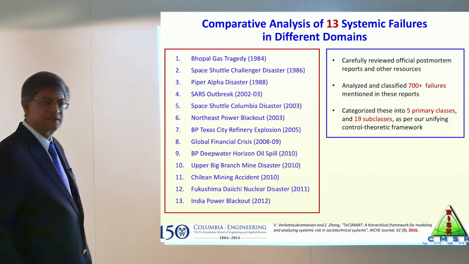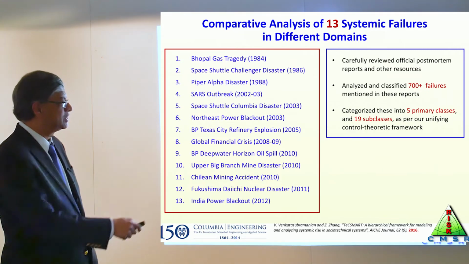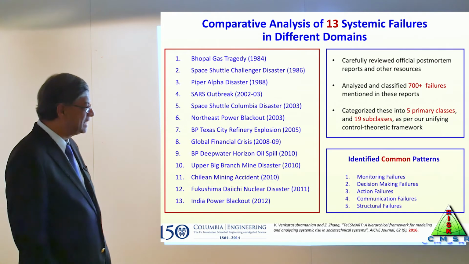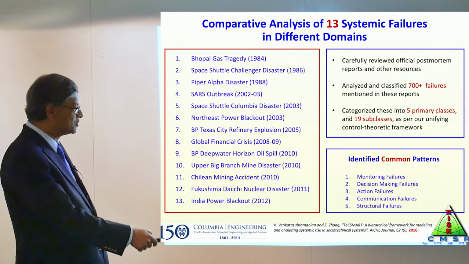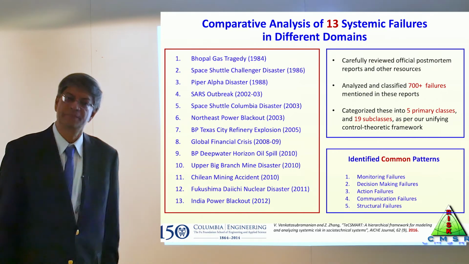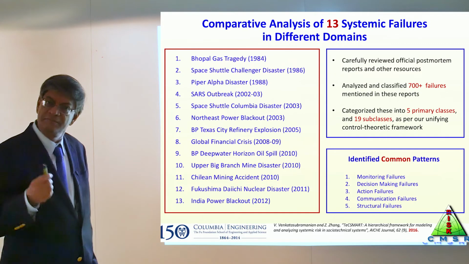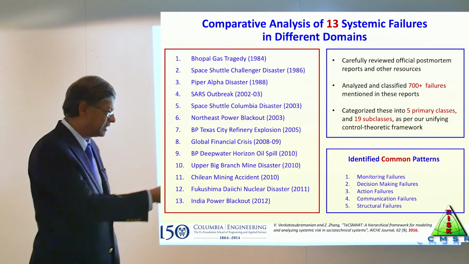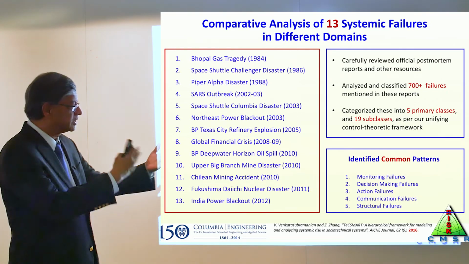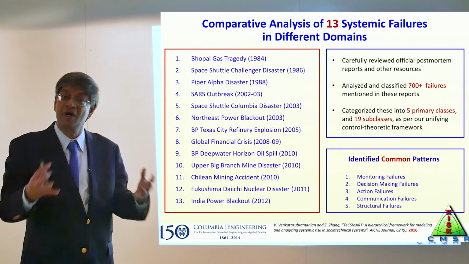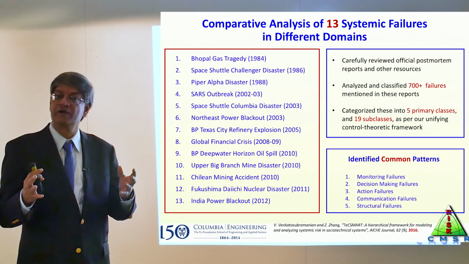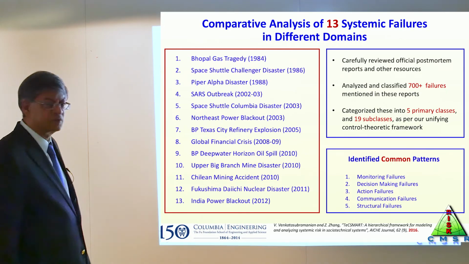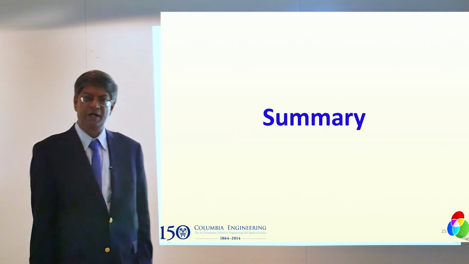We ended up analyzing some 700 plus failures, which we categorized into 5 primary classes and 19 subclasses. These classes were identified by using that control theoretic framework I showed in the previous slide. There are certain monitoring failures that seem to happen across domains. They are very similar. Similarly, decision-making failures, action failures, and so on. So we were able to compare and contrast and identify some common patterns that we can look out for in the future, and catch these things early on, and then take the appropriate control and management actions. So to summarize,